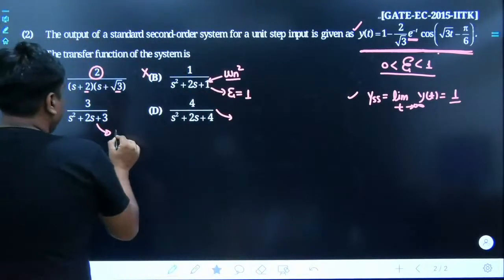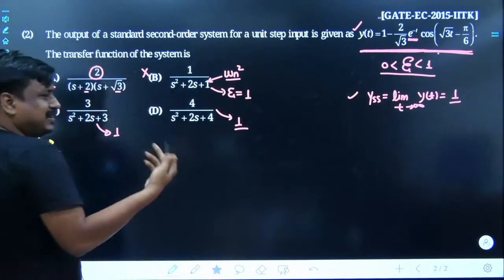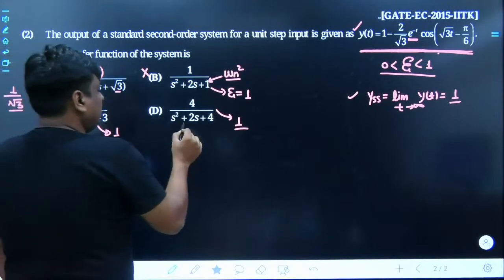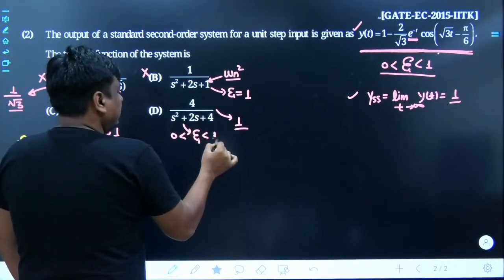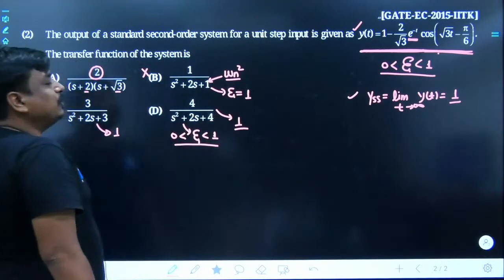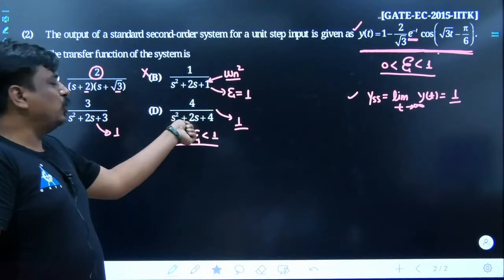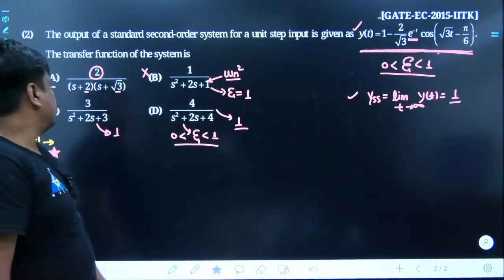Obviously, here also it's been 1. Whether the zeta is greater than 0, I do not care about it. One thing is quite sure, the value of zeta is in between 0 to 1. How did I know about it? The 4 is in the place of omega n square, so omega n would be 2, and here it had been 2 into omega n into zeta, and obviously zeta had been 0.5.